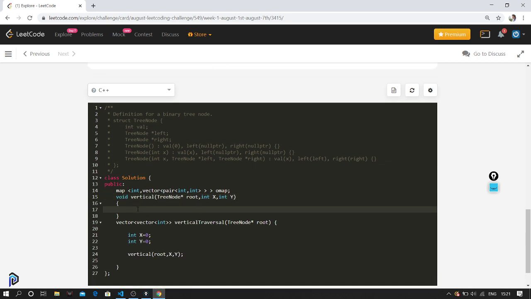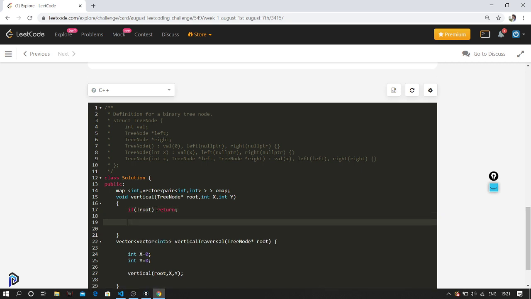So let's get into the meat of the program. It's nothing but a normal pre-order traversal. If root is null, we'll return. If root is not equal to null, first we'll insert the things into this map. That's our idea.